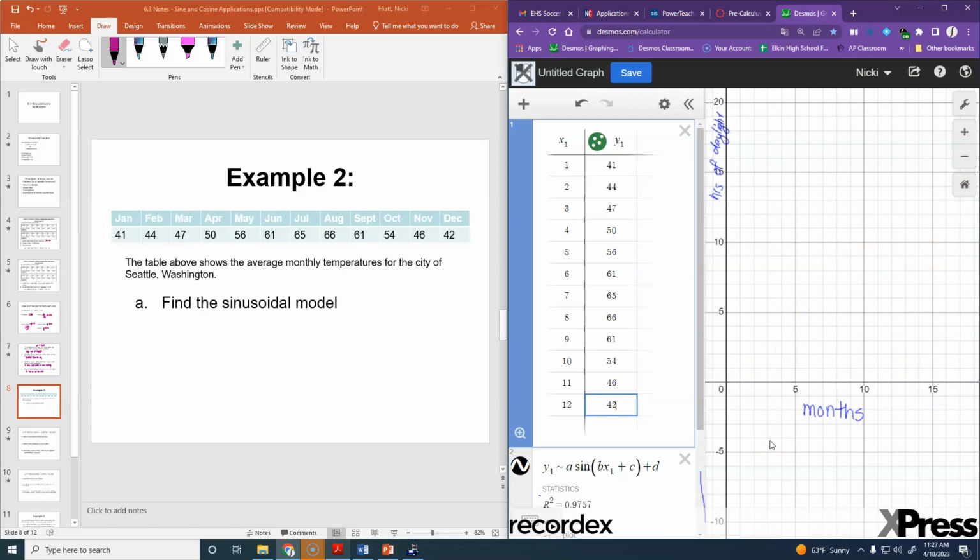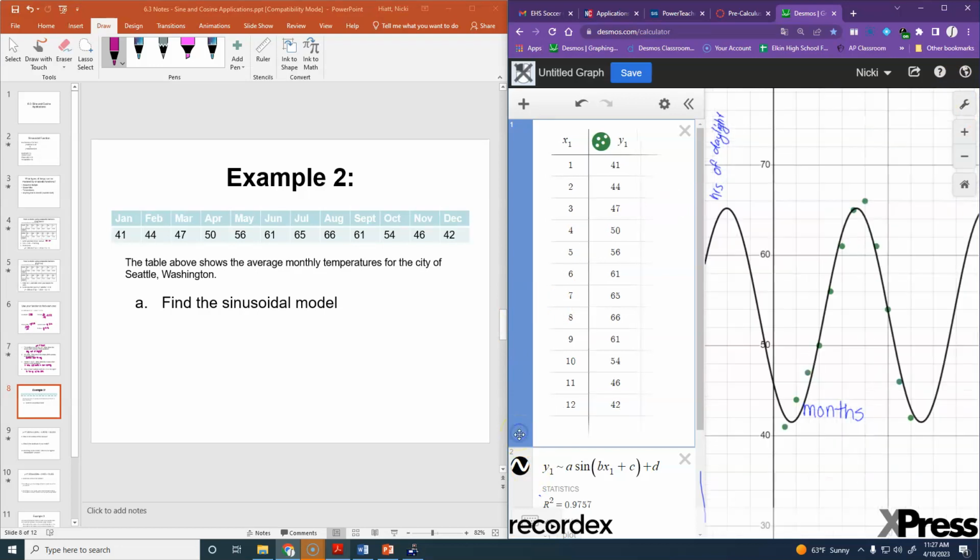All right, now, these are temperatures, so we still have 1 through 12 for our X's, but our temperatures are here. I don't see my data. Why do I not see it? It's too big. Right, so you can change over here, but whoever it was that told me, there is a zoom fit right here with this little plus sign. If you just hit that, it is going to give you the best picture there. So if you just hit that little looking glass right there in the corner, mine's gone now because I hit it, but